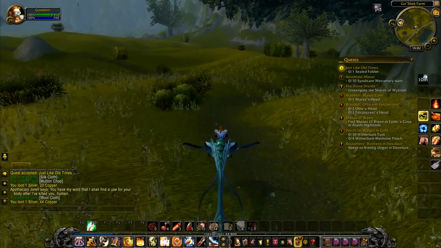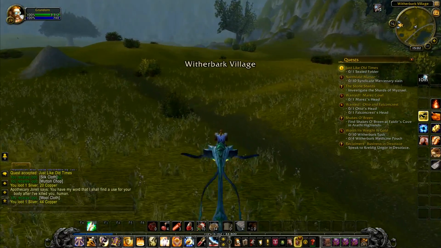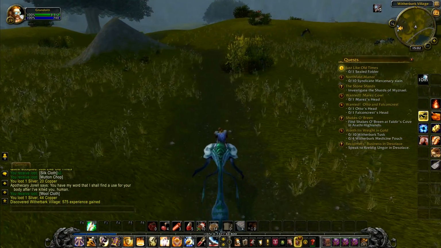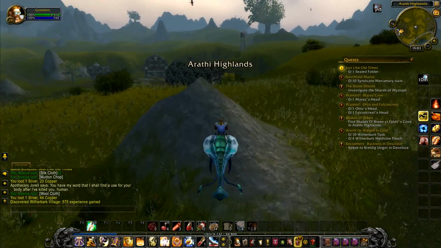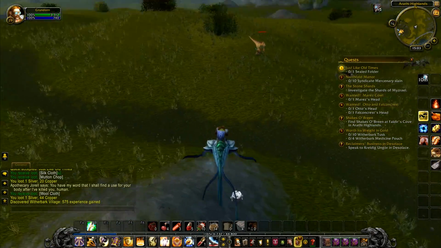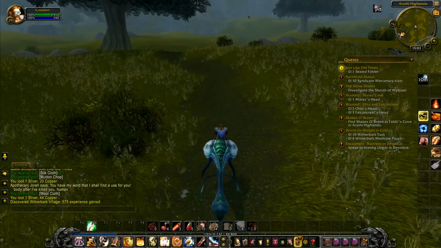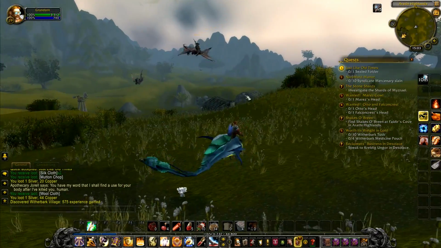Now, we could pop in to see the Witherbark in there because we do have a quest to do with those, so we might do that in a minute, but I'm fairly certain that the courier does actually travel along a road. Unless someone's already been in there and the courier has despawned momentarily. That could be it. But very often when you've got to get a courier, you've got to actually intercept them along a...